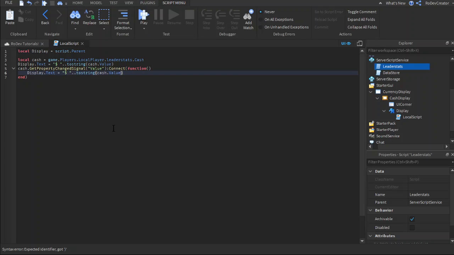So there we go. Here is our script. So display is script.parent, which is local scripts.display. Identifying if there is a leaderstat called cash in local player. Display text pretty much means if there is, it's going to